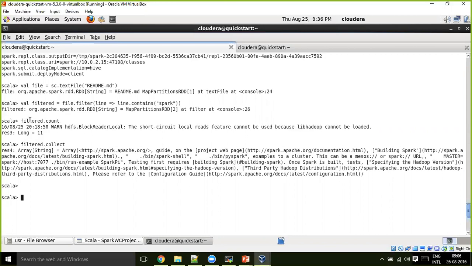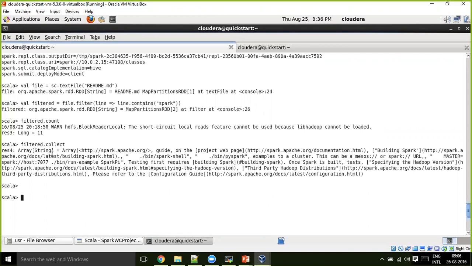So the file RDD gets created, and from that RDD, the filtered RDD gets calculated, okay? And from that RDD, the count will be applied. Now, after the action is performed, all these are released. All these are freed from your RAM memory.